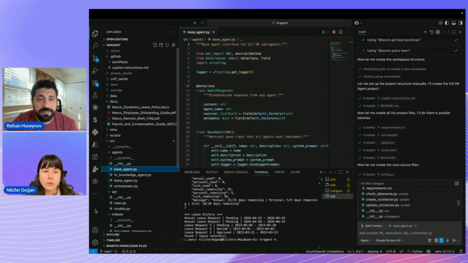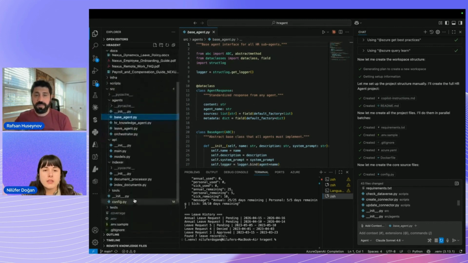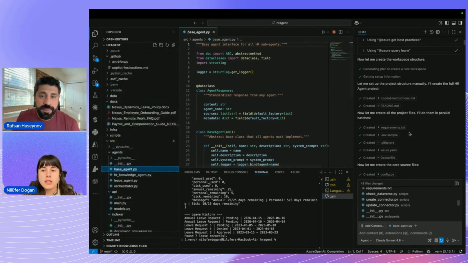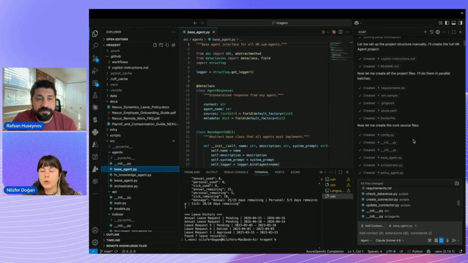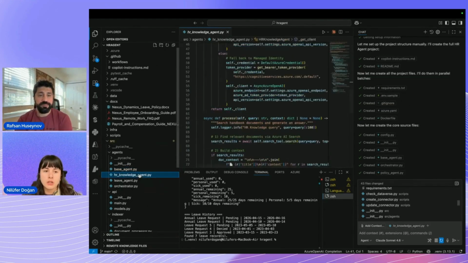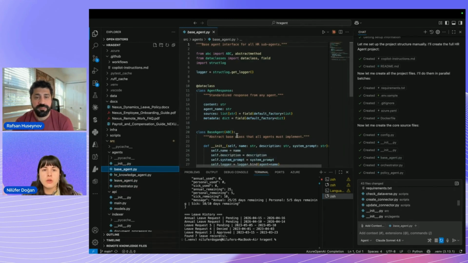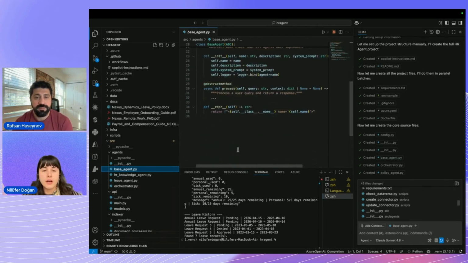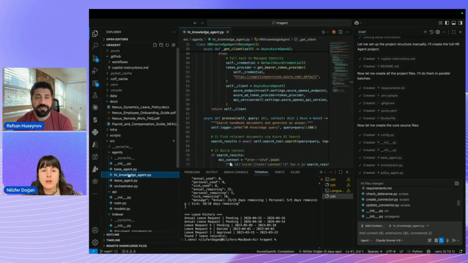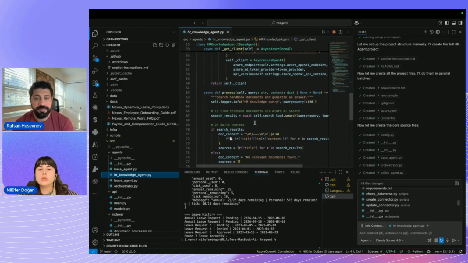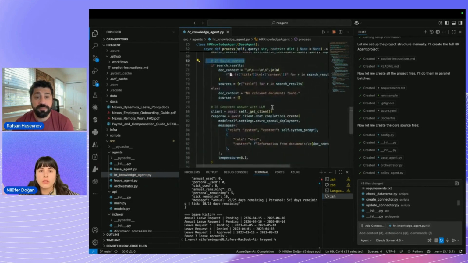It created the whole files, of course, and the coding part is just patched as I write a natural language prompt here. Actually, I write a prompt, and it updates the base agents, HR knowledge agent, leave agent, all things. Let's see the base agent first. It created our base agent file, but beside that, we have the HR knowledge agent part, and it includes the whole information. First of all, it finds the relevant documents in Azure AI Search, builds the context,